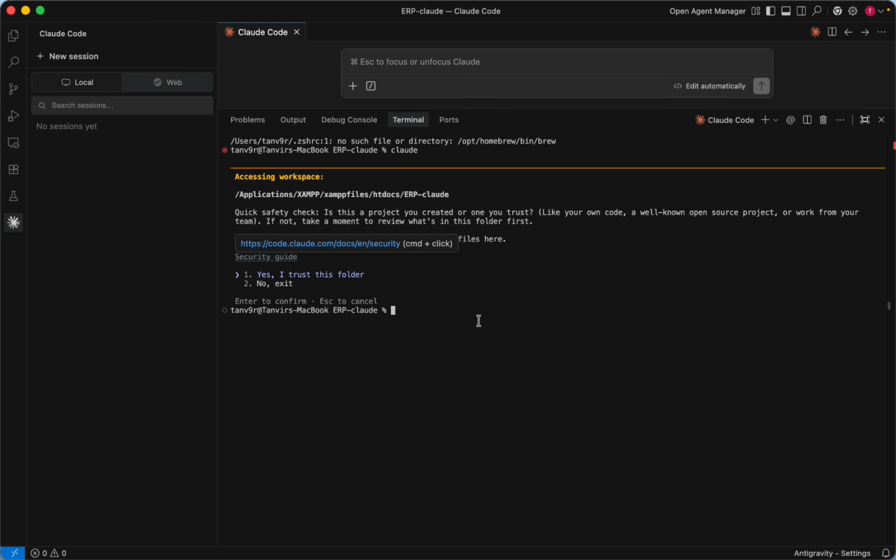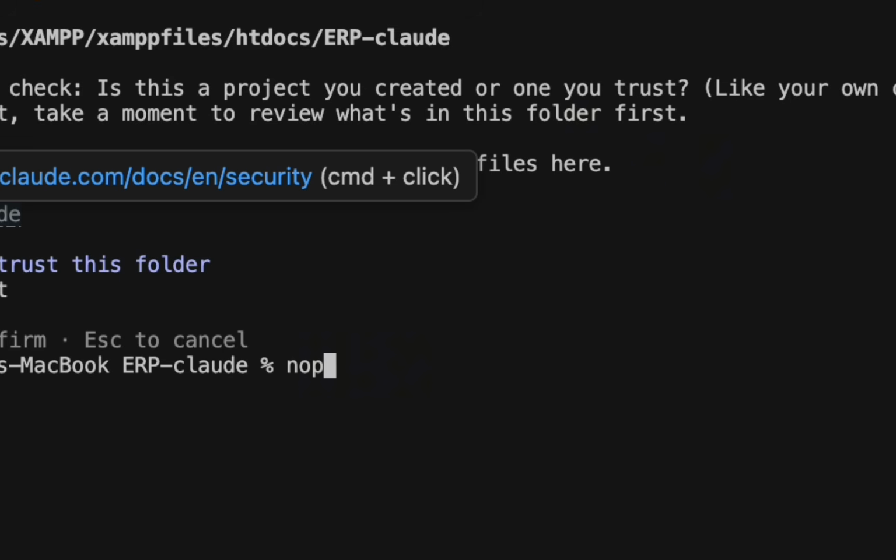So we already downloaded Node.js and we have installed it. Now I'm going to write down the command. Through the command we can download Claude Code CLI. Write down here a command that is called npm